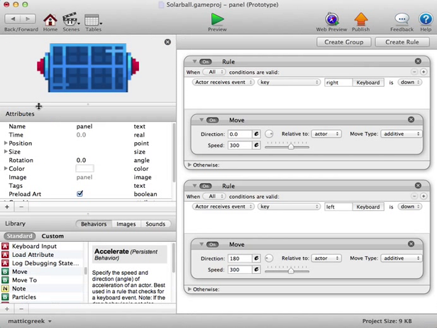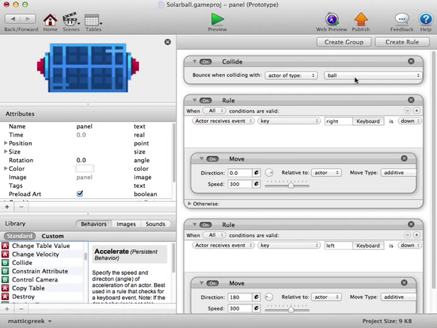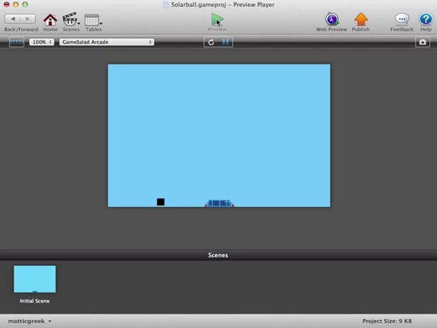So we want to make the panel collide with the wall, and so for that we need to open up the panel's behavior again. And we'll scroll through the behaviors, and up in the C's we have collide. So we can drag that in. I'll just throw it up in the top here. And we have to select the type, so I'll have it collide with the wall. And that just means it should bounce off the wall. So let's try that out. But if we do that,